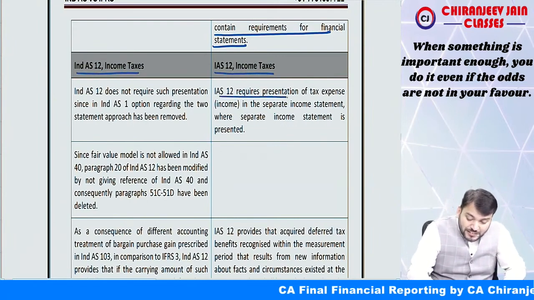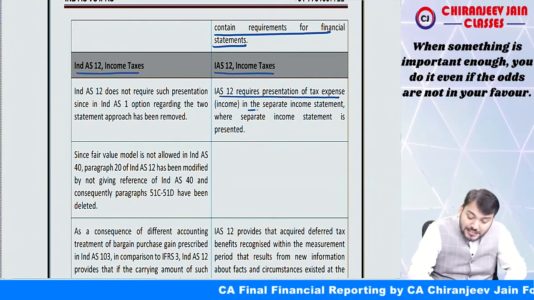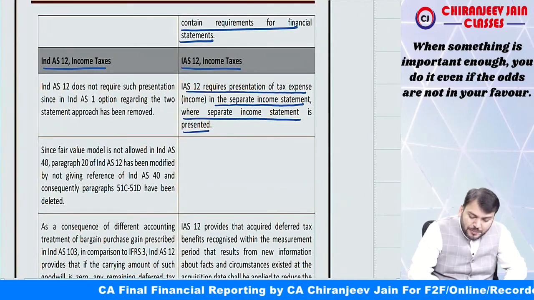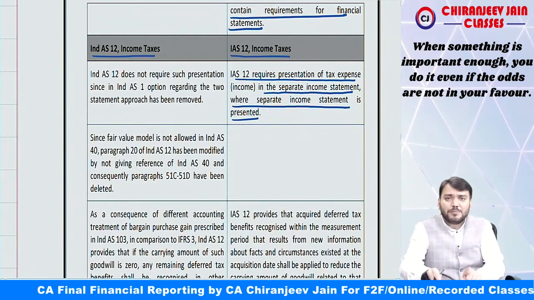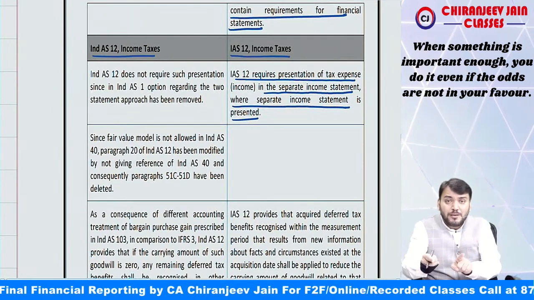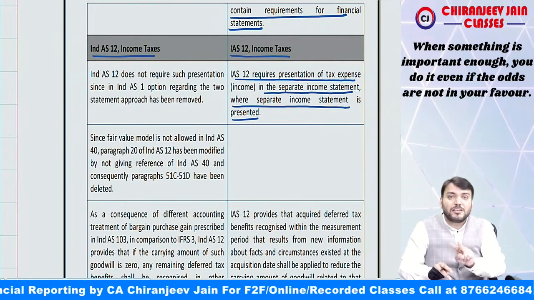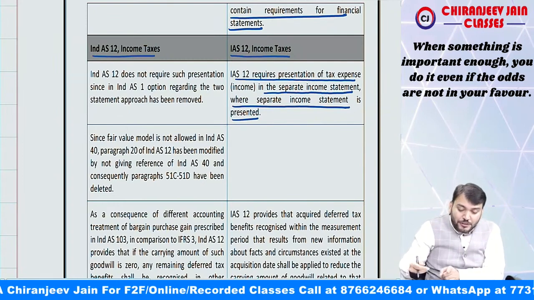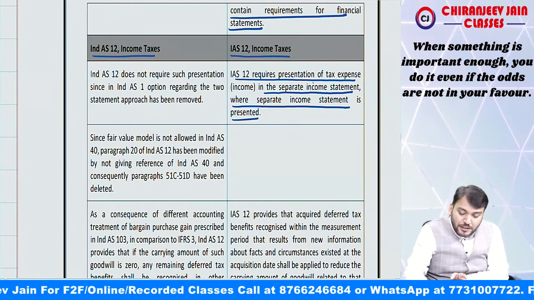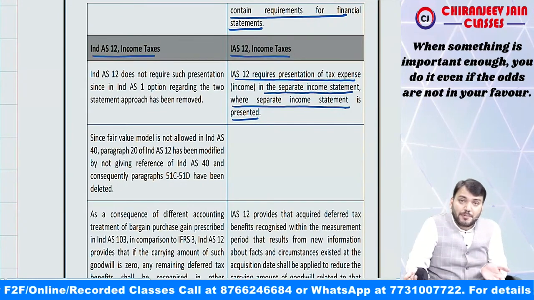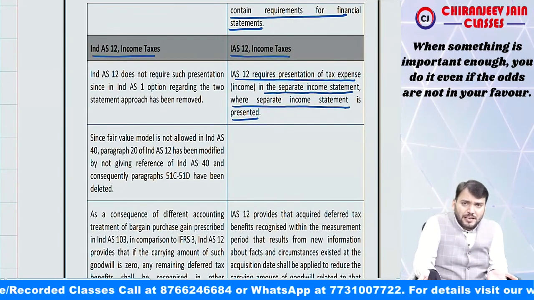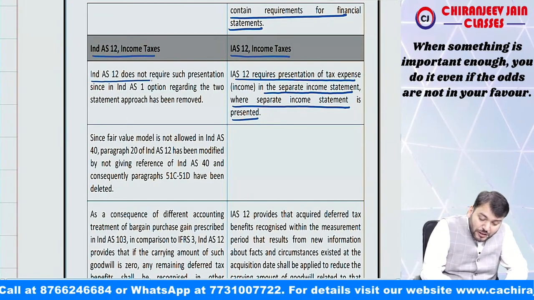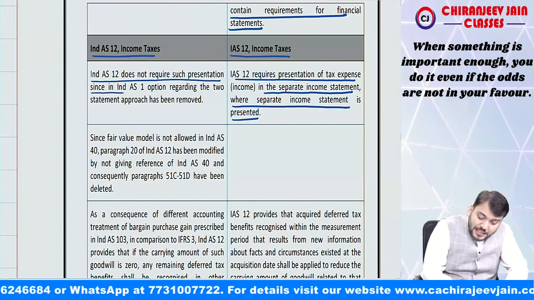IAS 12 requires presentation of tax expense in a separate income statement where a separate income statement is prepared. Can you say this difference arises because of SOPL, because SOPL can be prepared in two statements? So whenever you are preparing a separate income statement, the tax expense should be presented in the separate income statement. But this is not applicable for India. Ind AS 12 does not require such presentation since in Ind AS 1